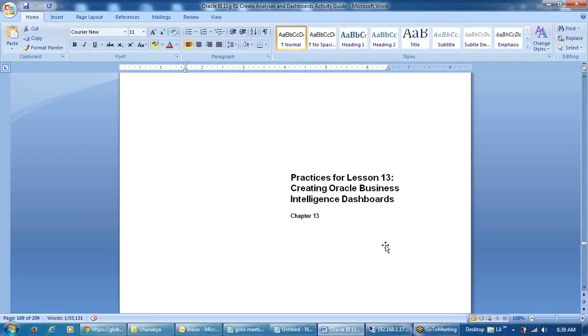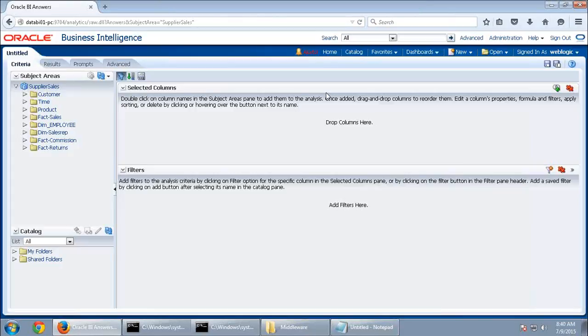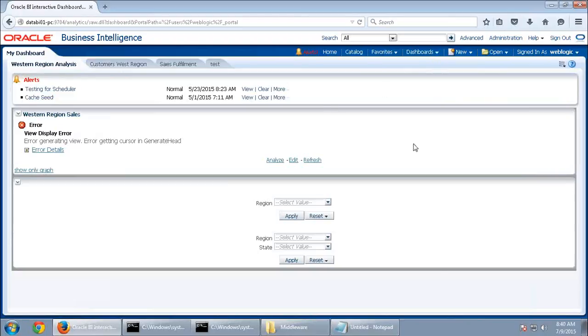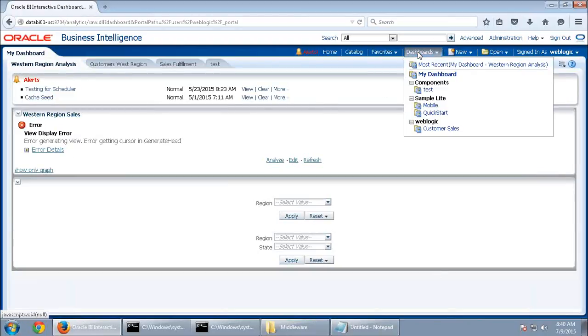Generally, a dashboard is nothing but a collection of reports or sections or columns. If you want to place various reports under one category, you can rename it with a particular dashboard name. For every user, my dashboard is the common one. Every user will have their own corresponding dashboard. Even I have my own dashboard, and you will have shared dashboards under shared folders.